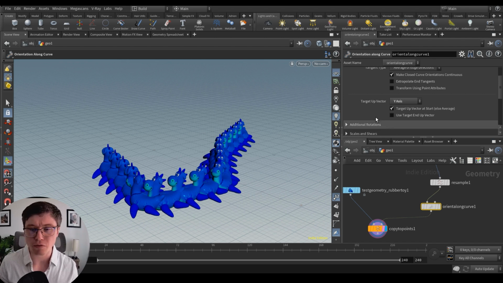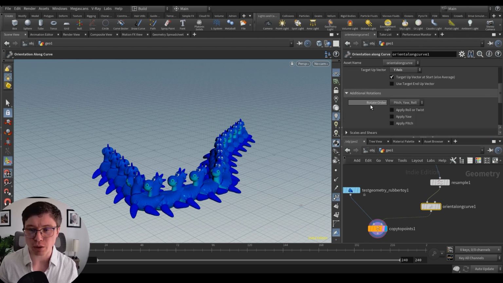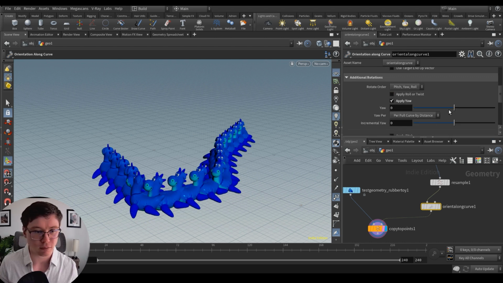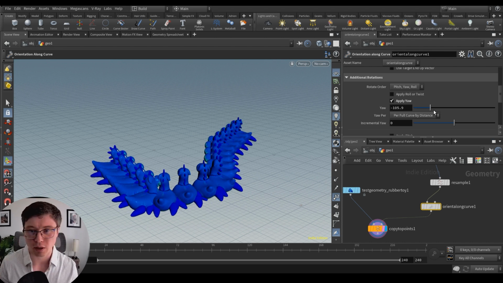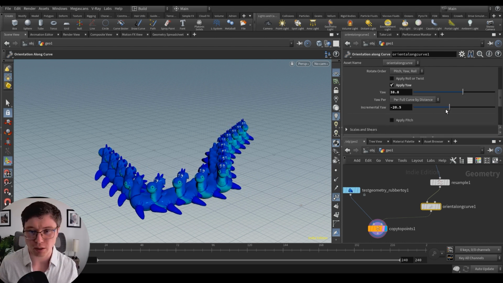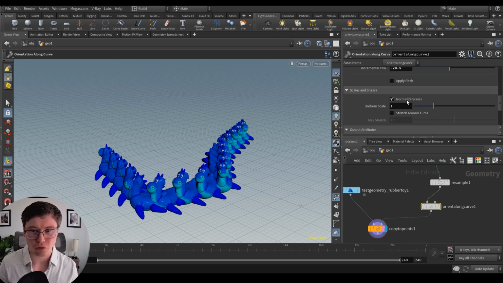And yeah, the node also offers additional stuff like adding some extra rotation. So you can always sort of override things, right? If you want to control that. Yeah, you can have all this to sort of really control the rotation here. So sweet, and same for the scale, but actually, you know what?